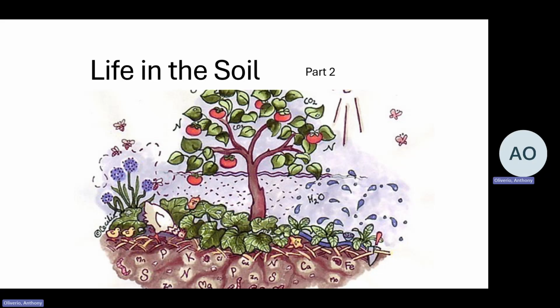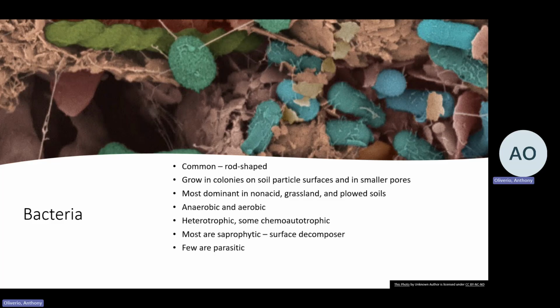We're going to look at some individual organisms that are in those microflora and fauna categories. This first one is a bacteria. Bacteria in general, you have three shapes. If you remember from Bio 104, the most common is rod shaped, which would be these here. You have the coccus, those are spheres, and spirillum, spirals, just as a